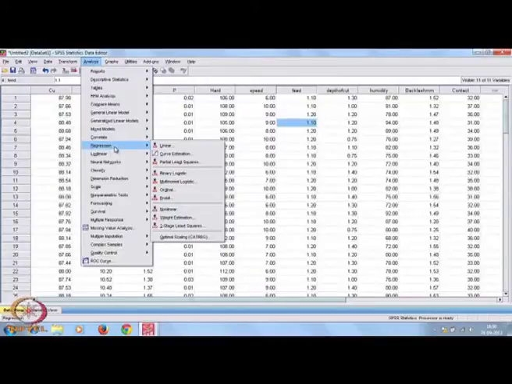Under regression, what are the different options available?